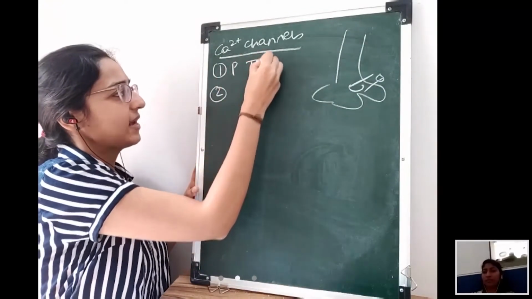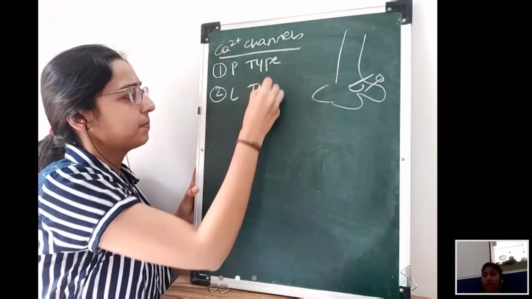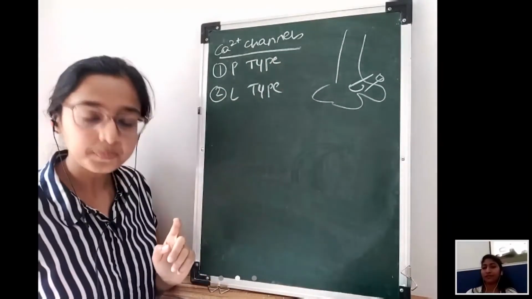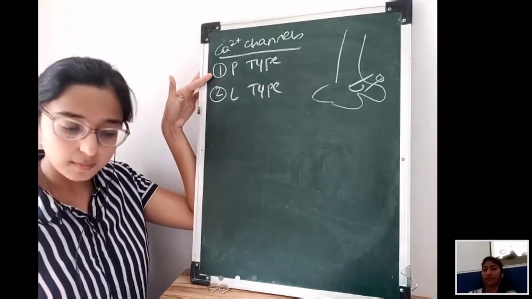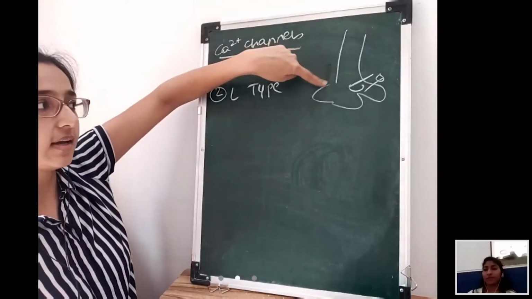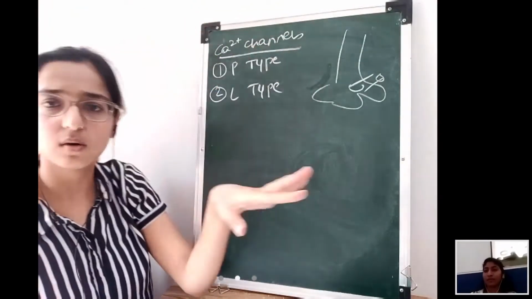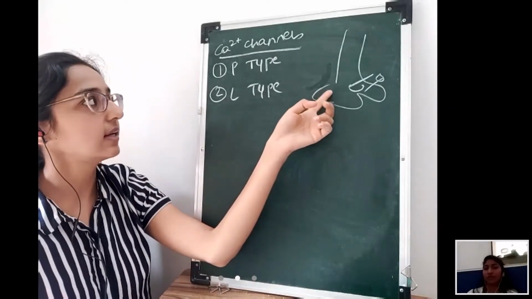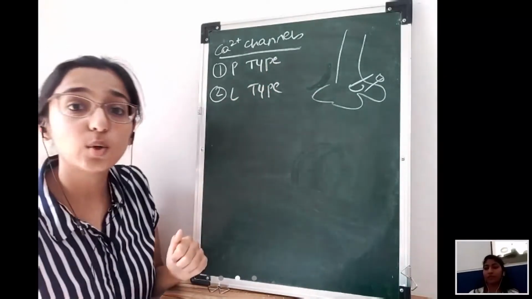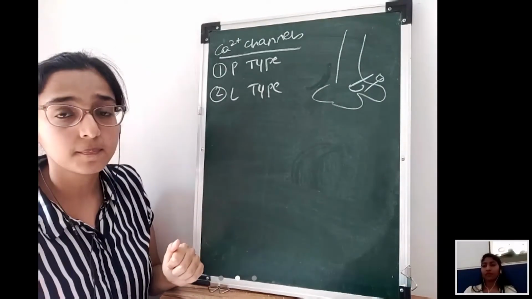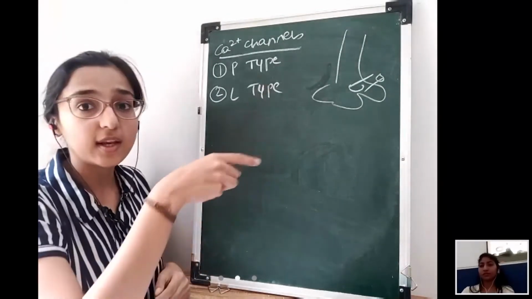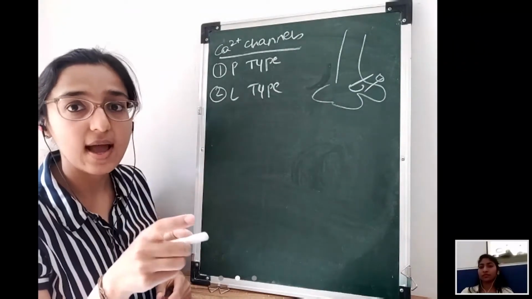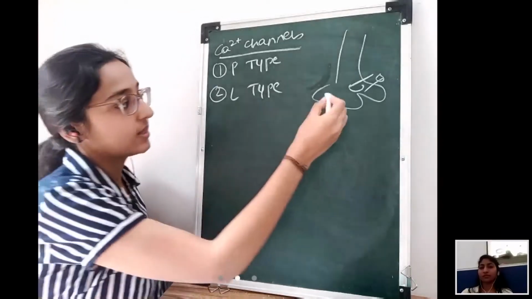So there are the P type and the L type. Is it ringing a bell? Somewhere you remember? Yeah. So these P type of calcium channels are located at the nerve endings, everywhere in the whole body. And as I told you, they are voltage dependent. Depolarization will occur because of sodium influx, voltage gated calcium channels will get activated and cause the influx of calcium, right? So these are the P type.